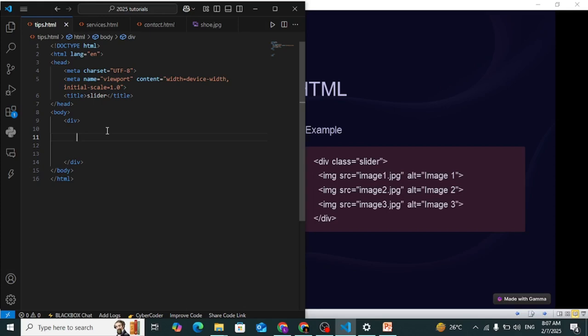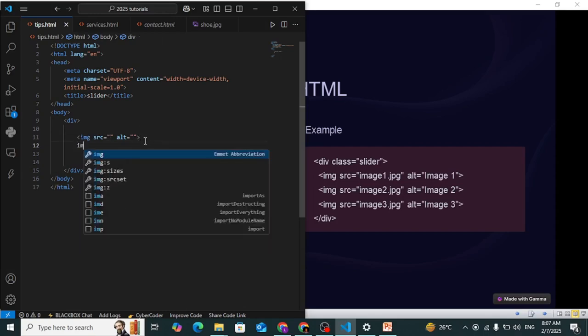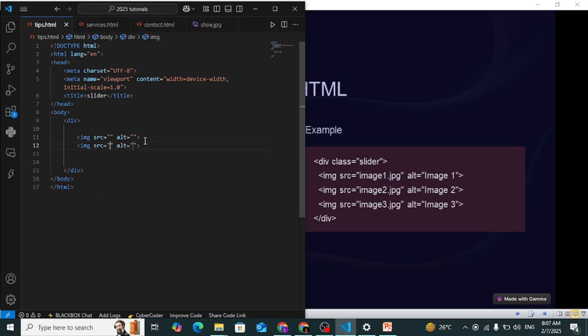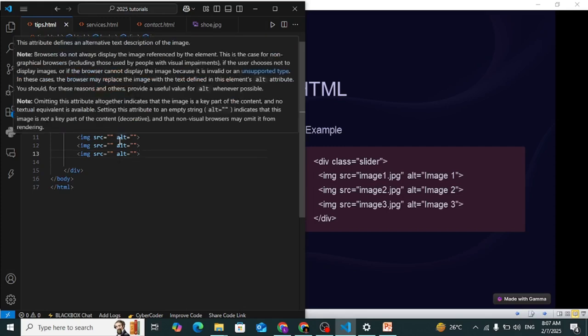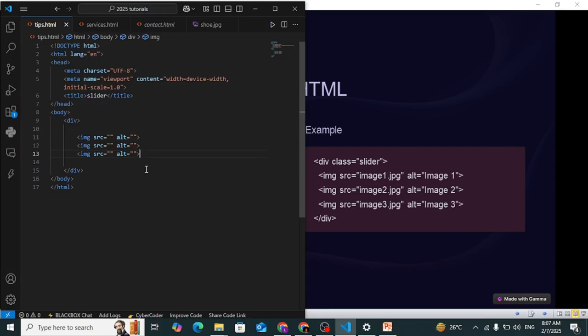images. So let's say we have image 1, img. Image 1. Then we have image 2, and then we have image 3. So we have 3 images inside of our div tag. Now let's actually come here and put in the image